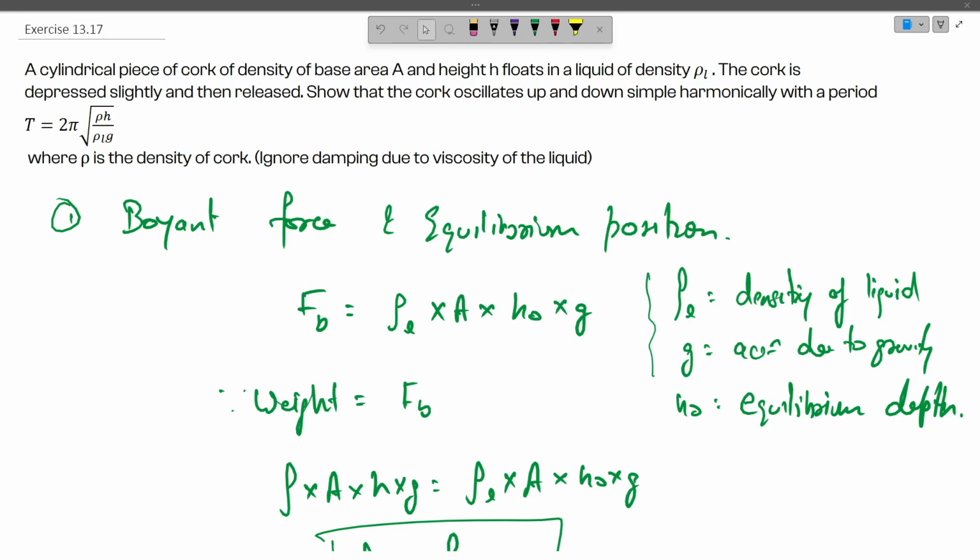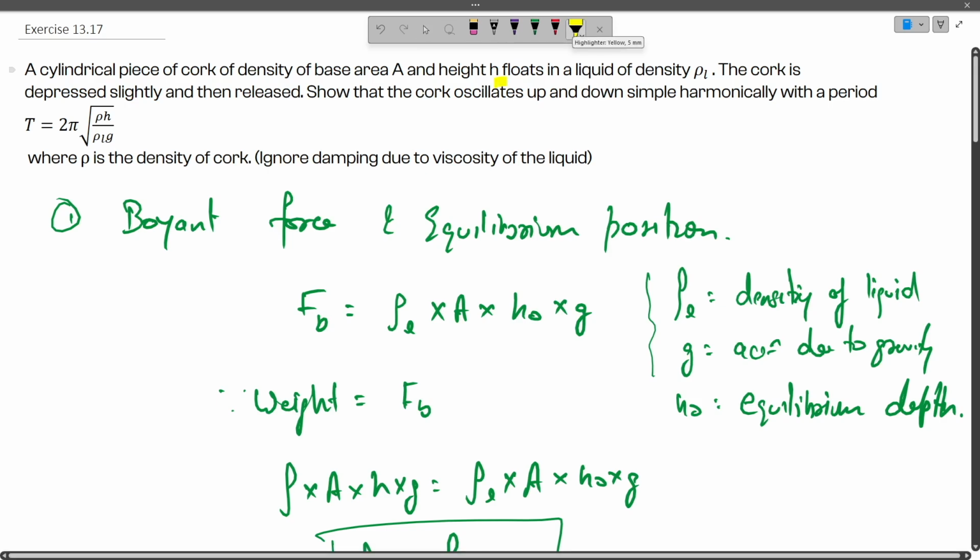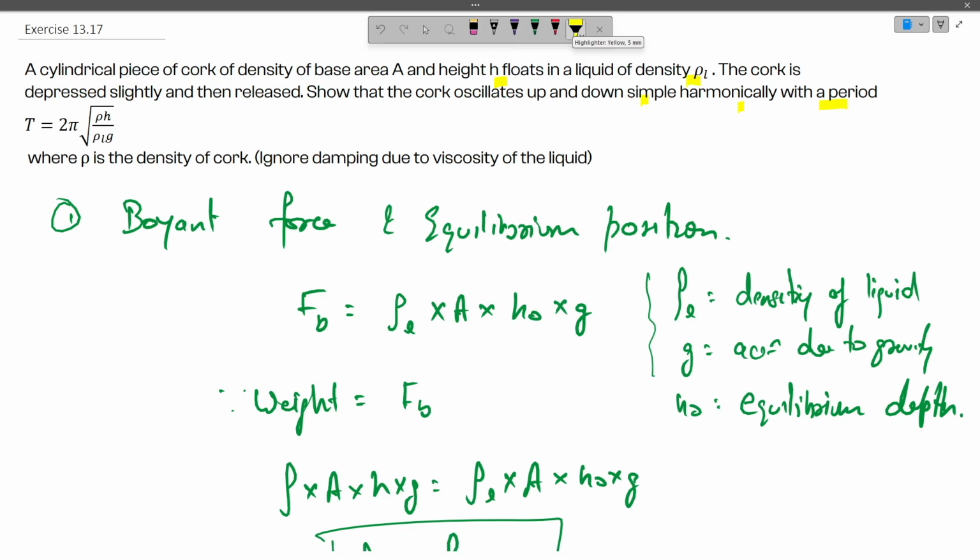The question says that a cylindrical piece of cork of density rho, base area A and height h floats on a liquid of density rho L. The cork is depressed slightly and then released. Show that the cork oscillates up and down in simple harmonic motion with a time period of 2 pi root under rho h divided by rho L g, where rho is the density of the cork,